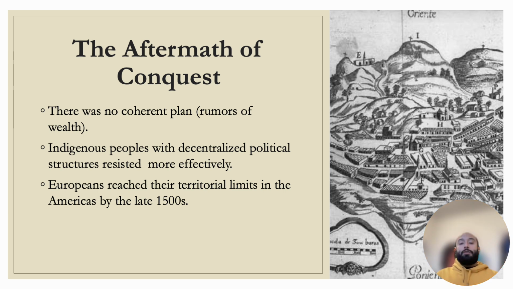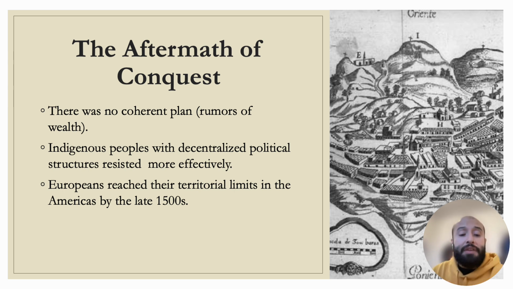We also can conclude that people living in highly centralized societies, such as the Inca Empire and the Aztec Empire, were easier to conquer, right? Again, because if you have a pyramid of power, the only thing they had to do was replace the top, replace the emperor with someone else, and then they're going to control the entire political structure. But people living in decentralized political structures, such as the Mayas, resisted the conquest more effectively. The conquest of the Mayas, as a matter of fact, was only finalized in the 19th century, even after the independence from the Spanish Empire. So you can see the difference between the Mayas and the Incas here.